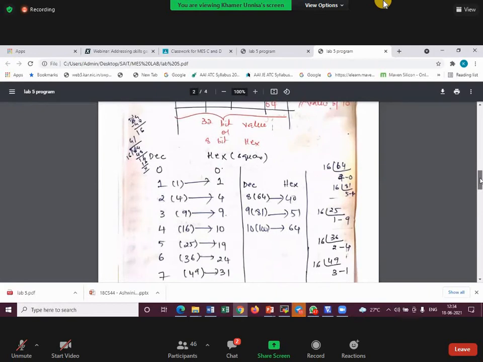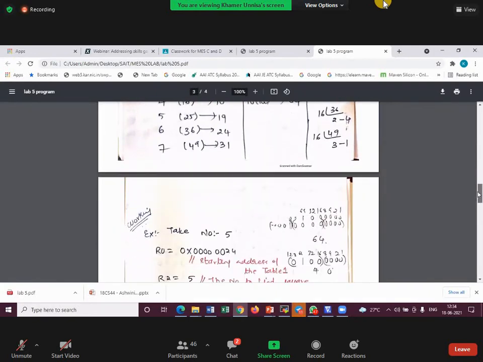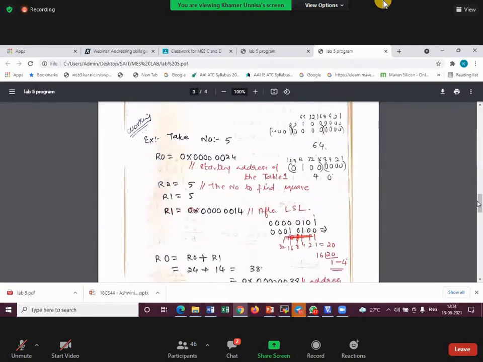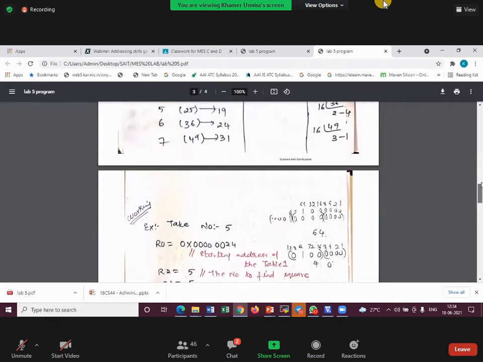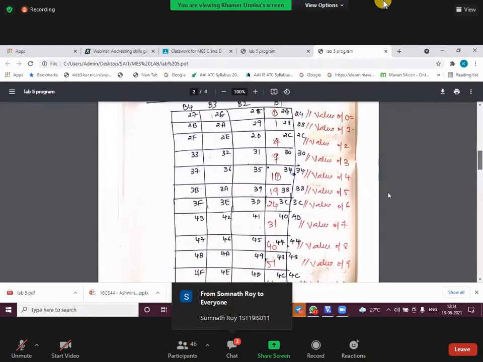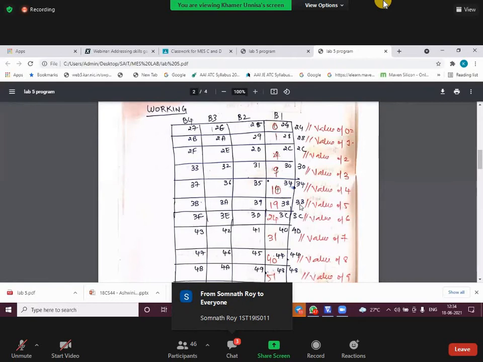Wait. Here I have shown you how it works. First, in my program I have given the number 4, so I was interested in finding the square of the number 4. Now I will take number 5, because let me change it and then tell you. I'm interested in finding the number 5 square. Where is this 5 square stored? If you observe here, the 5 square is stored at address 38.